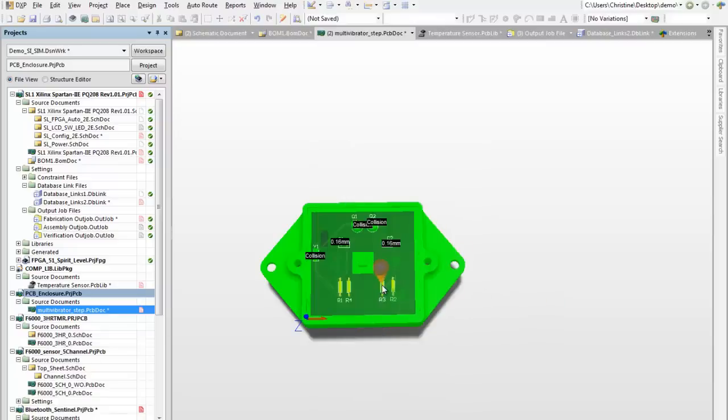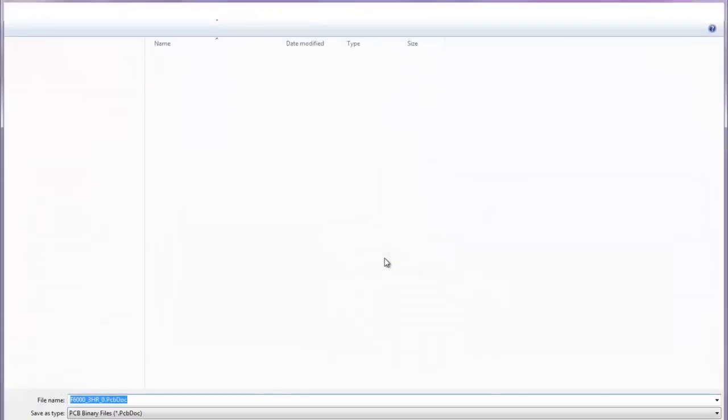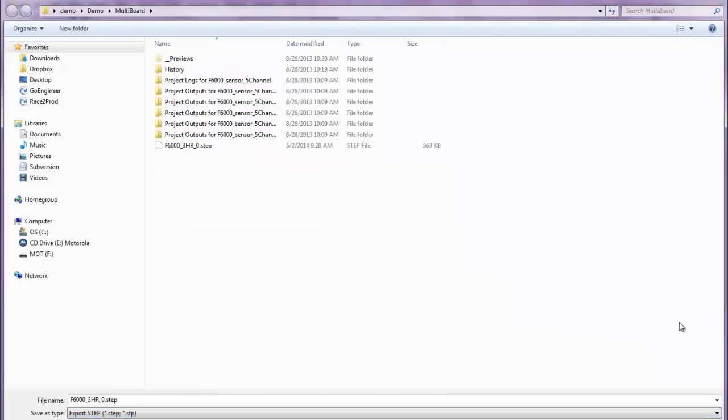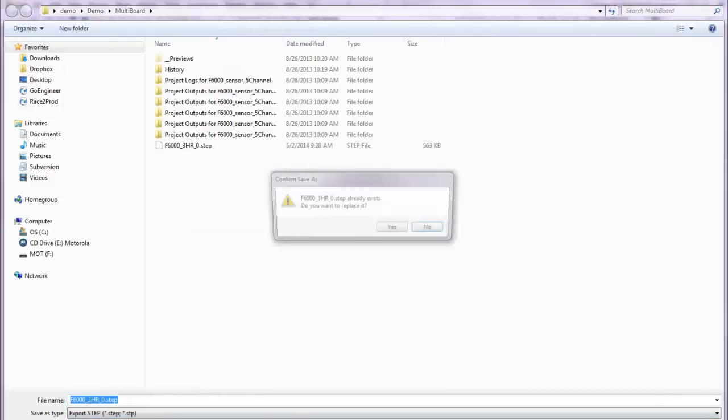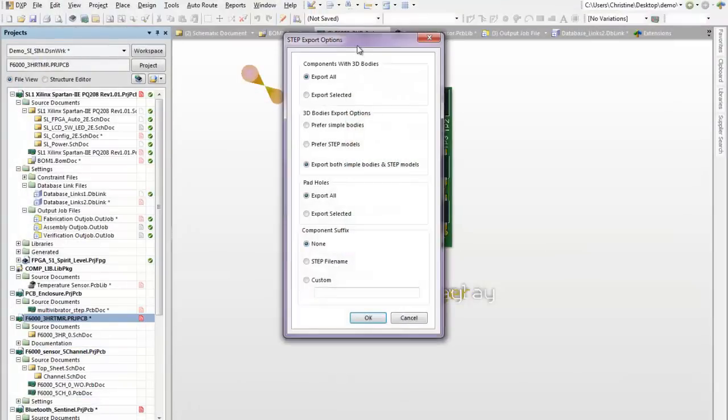So it allows me that fitment checking that I would expect. Not only that, say I'm done and I've resolved all the issues, at this point in time, then I can go ahead, I can save out that actual board or printed circuit board as a step file format. I can use my file save as, I'll save that, it already exists, I can overwrite the file, and notice